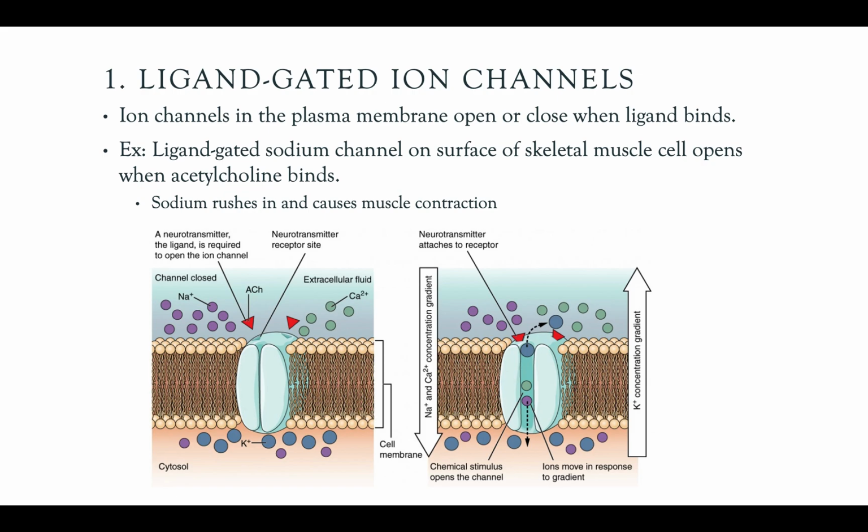your receptor. And in this case, this example we're going to do for muscle contraction, the ligand is acetylcholine. So acetylcholine is a neurotransmitter. It binds the receptor on this channel protein, and that will cause ultimately the channel to open. That allows sodium ions to rush into the cell, and the charge change, because sodium ions are positively charged, right? The charge differential that results from this will cause something called an action potential that will ultimately result in your